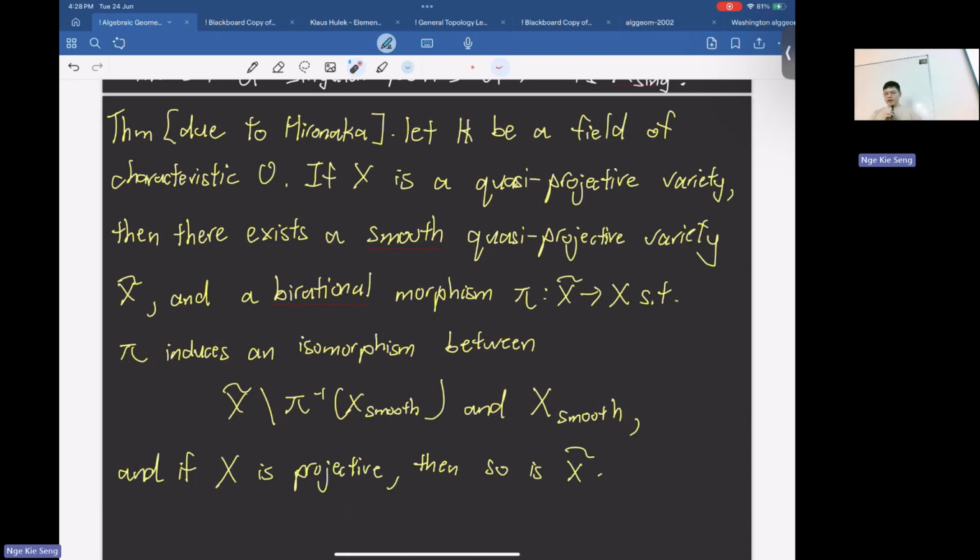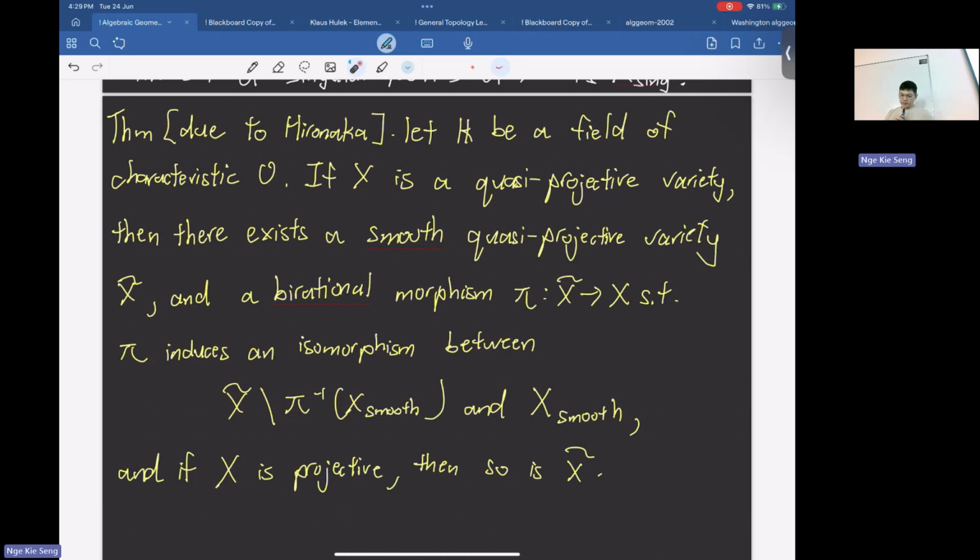Because last time we showed that almost all varieties you can realize as this kind of variety, so it's very general. Then there exists a smooth quasi-projective variety X tilde and a birational morphism pi from this X tilde to X such that pi induces the isomorphism between X tilde